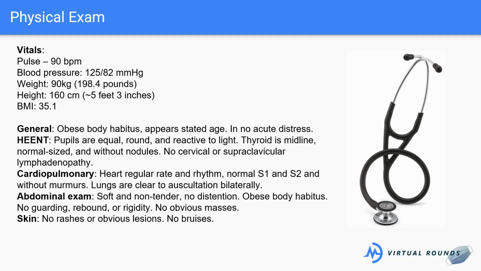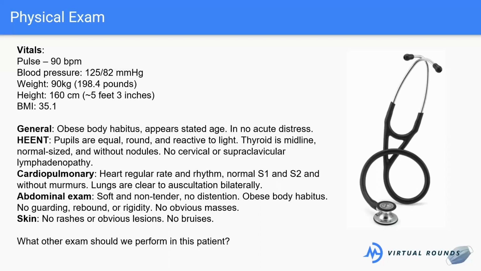The obesity? Yeah, obesity. I think that's a good one, because obesity can be a risk factor for many medical conditions. Additionally, when we're talking about the effects of estrogen on the endometrium when it's unopposed, when there's estrogen without the levels of progesterone that we would need to suppress growth, that estrogen can be increased in the setting of obesity. We won't go into why that is, but that's basically a risk factor for endometrial hyperplasia as well. But it looks like the rest of her exam is relatively normal.